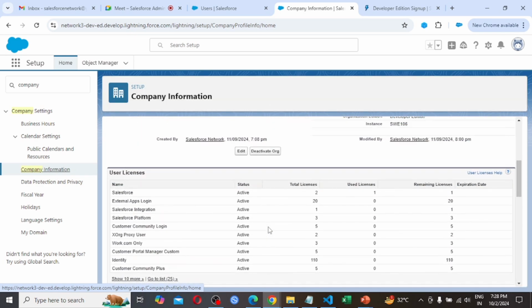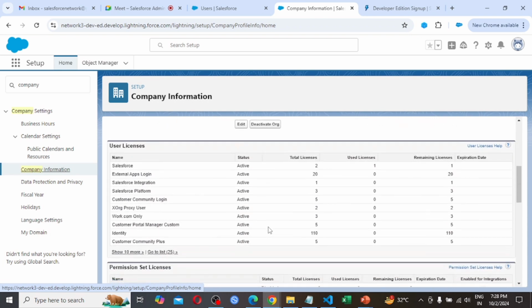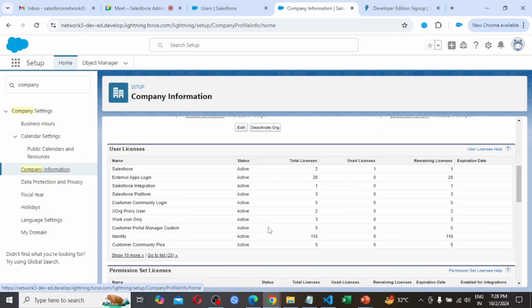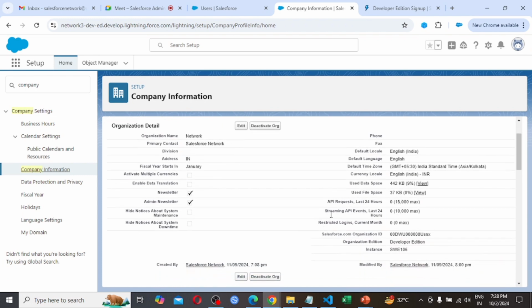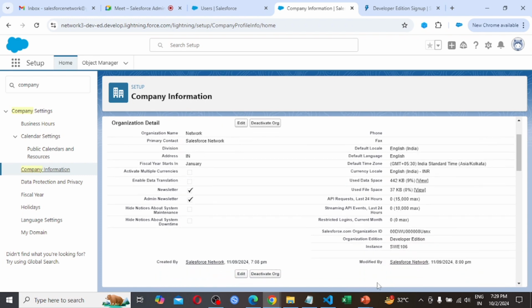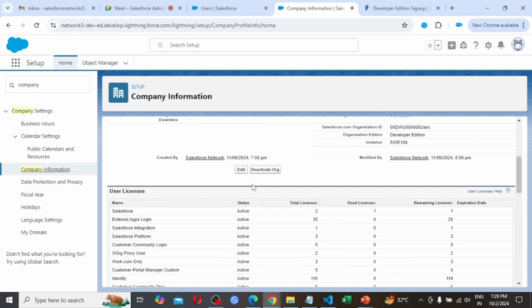Yes. So what I want to clear here, up to now this is the information of this company, means Salesforce network, and here all the details we are seeing. This is developer edition instance, and by clicking on this deactivate org, we can deactivate the organization also.